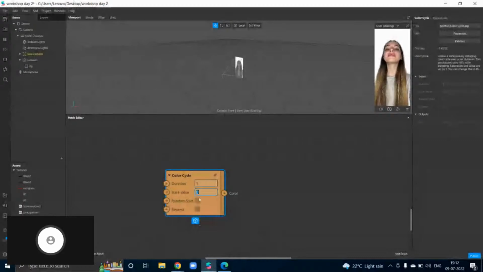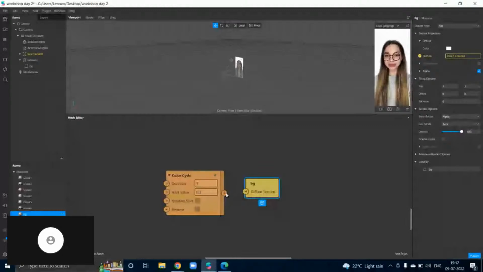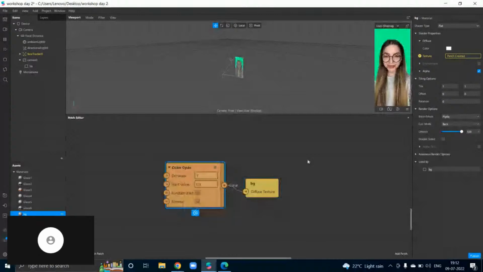In start value, we can give 0.3, and then we'll go up to this background and extract this texture over here. Once we attach this, you will see the colors emerging. As you can see, the colors are just right beside us, that is the background. If we want to make it a little slower, we can give 10. In start value, let me give 0.2, and then we will make it a random start,